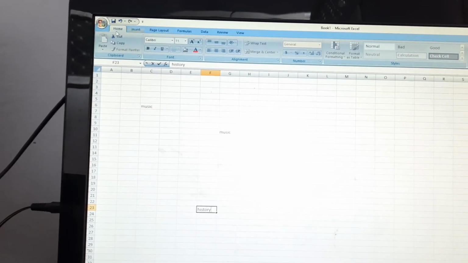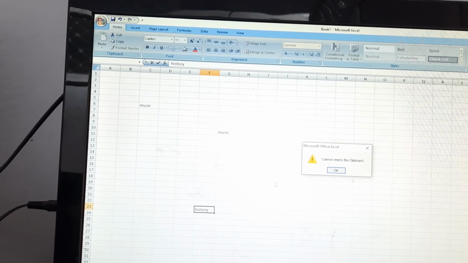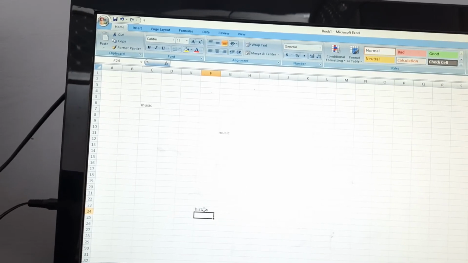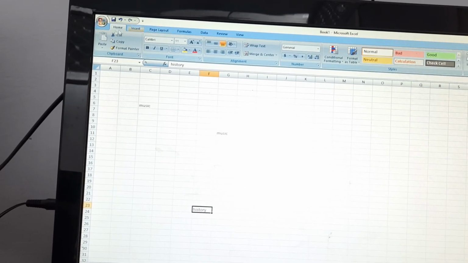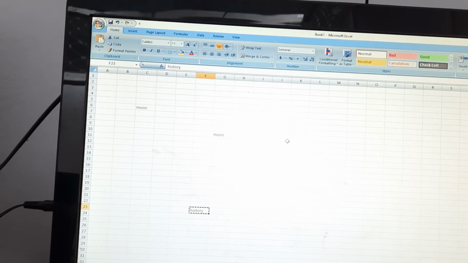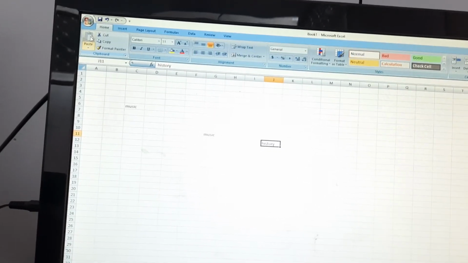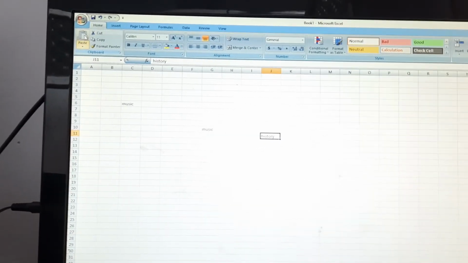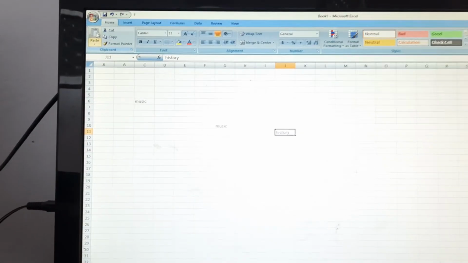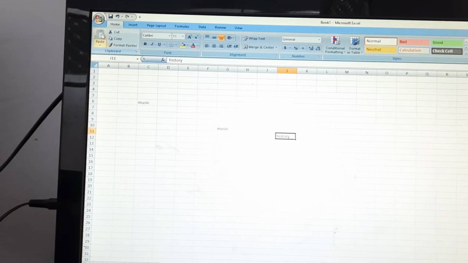Like I go to the cut option, and I want to paste here. See, it has moved from the original place to another place. It has shifted from there. But in copy, we are just making the duplicate one.